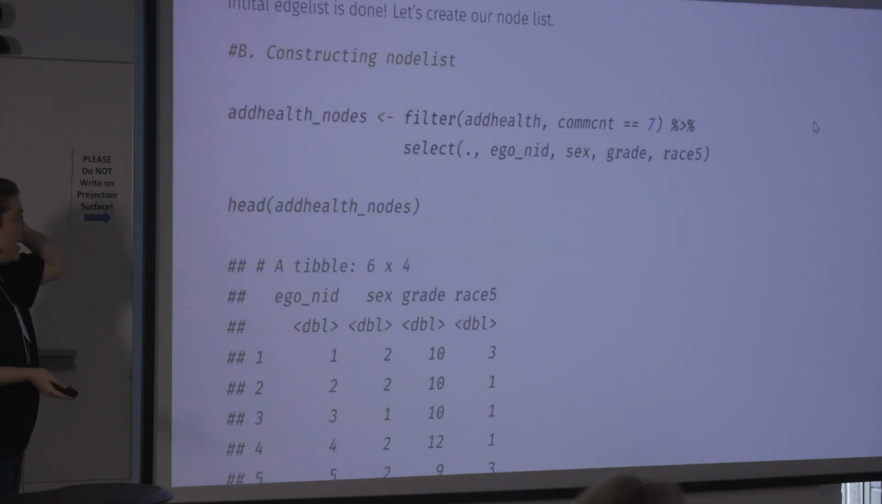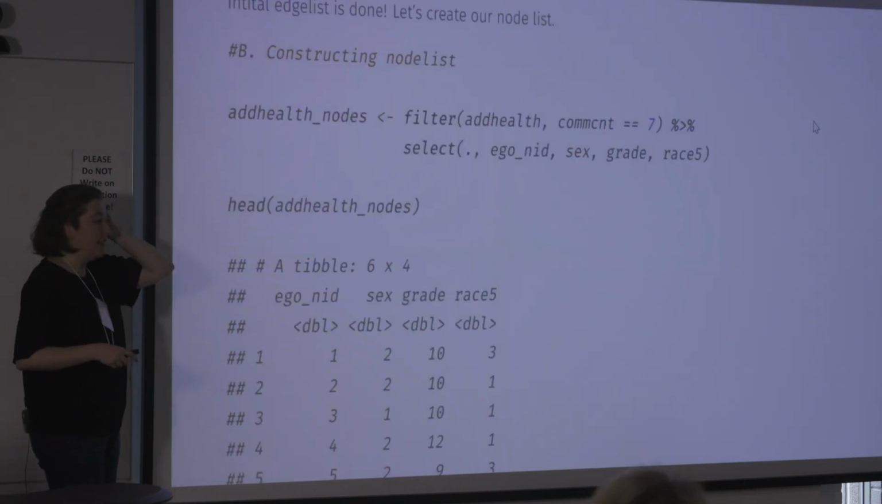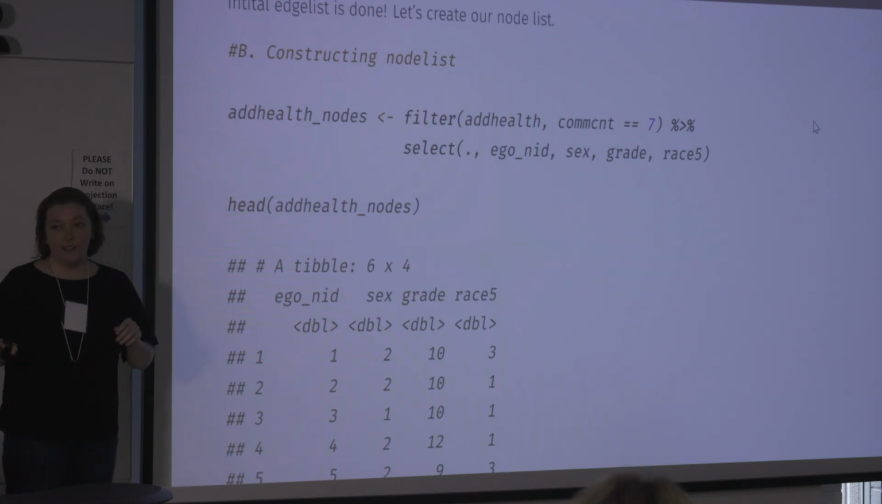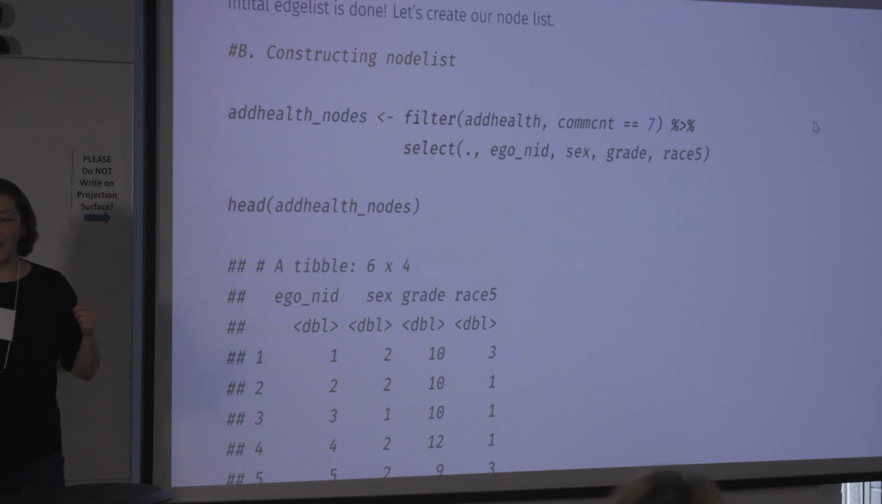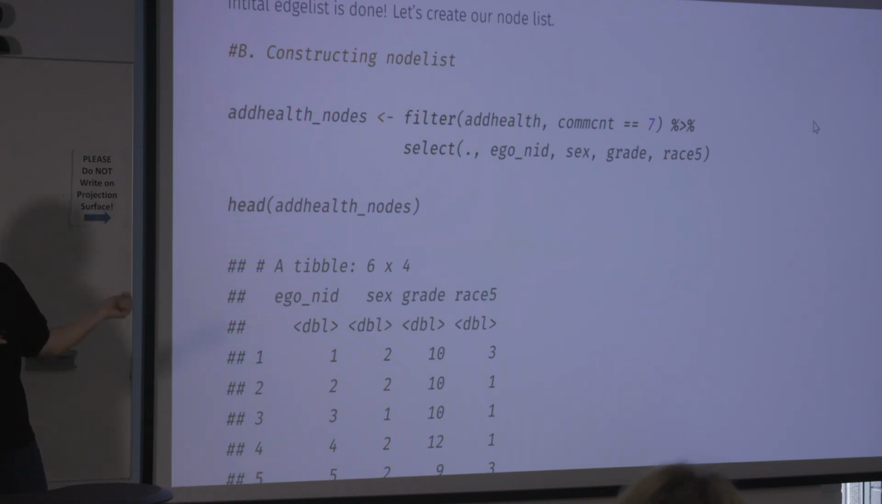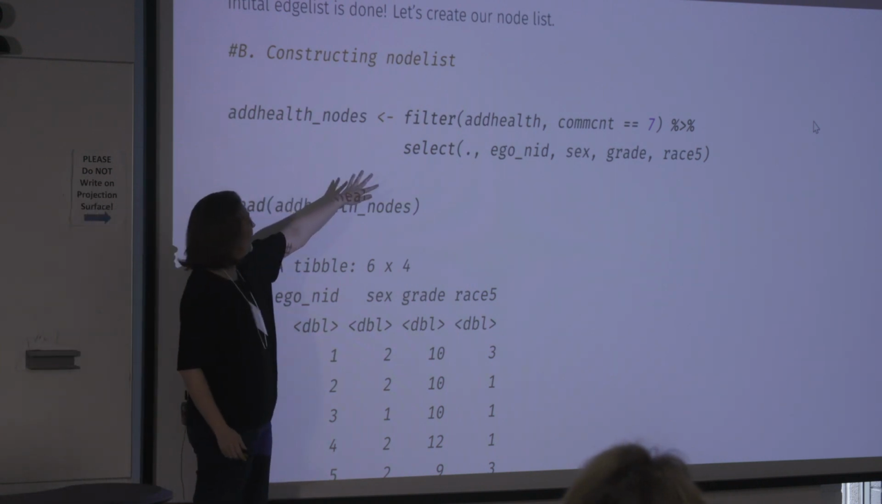Okay, so now you have your basic node, your edge list. Usually it's not that clean. Probably ran into 7 errors making that, and you'll go back and forth constantly. Now I want to construct my node list to make sure it matches. So I'm going to filter my add health